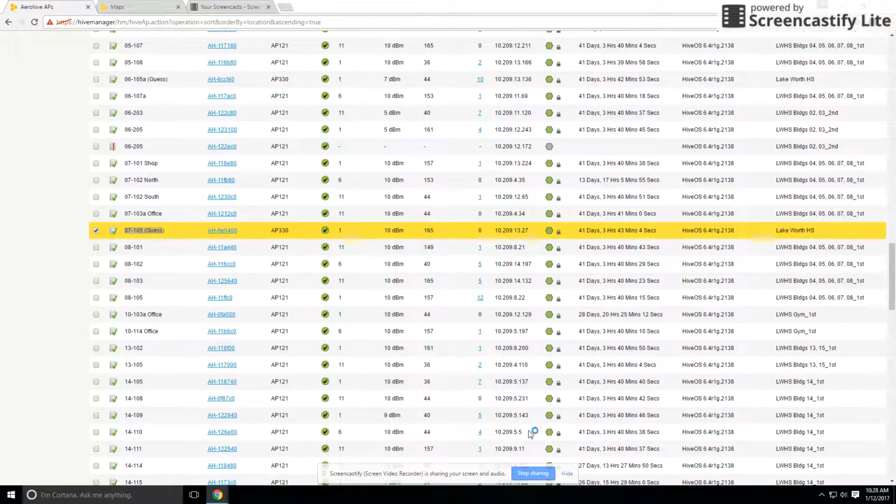Okay, this is a video to show you an example of a successful location of an access point that initially came up as not found. The particular one we're going to talk about, we determined was in building 7 on the first floor. The access point is AH-6EO400, and we're going to go through the process whereby we determined that it was in building 7 and